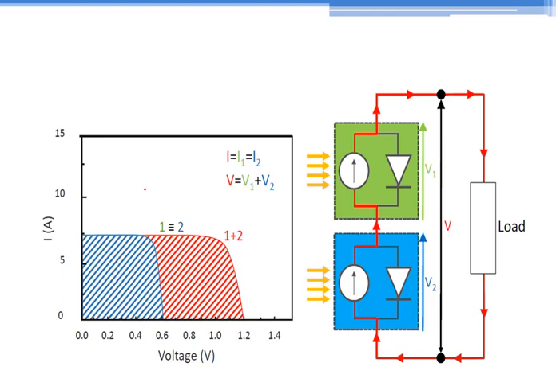You can see that if you plot the graph of current on the y-axis and voltage on the x-axis, you note that each solar cell is capable of generating 0.6 volt. This is the voltage of the first solar cell, and as you have added one more solar cell, it has resulted in one more 0.6 volt. So series connection has given us 0.6 plus 0.6, that is 1.2 volt here. And if you observe, the current is the same. Here it is expected that the short circuit current is 5 ampere. So the current remains the same. So I1 is equal to I2 and the same current I is flowing, but the voltage is equivalent to the sum of the two voltages.